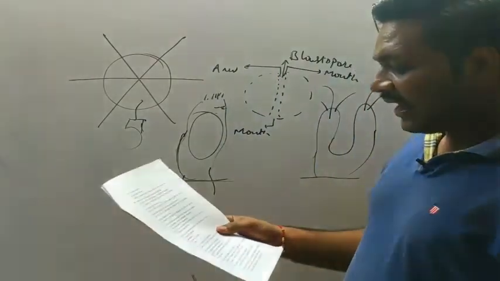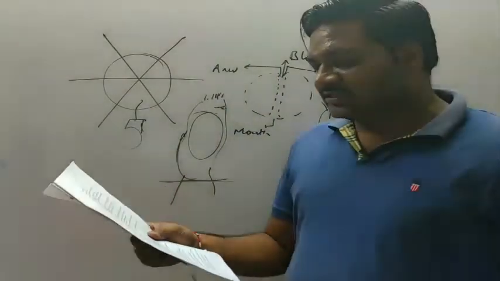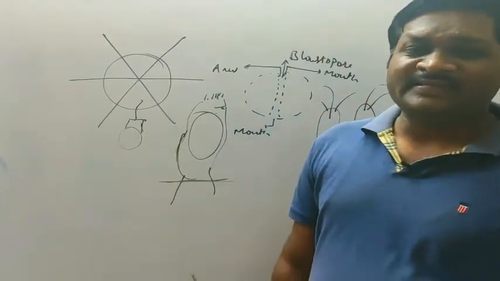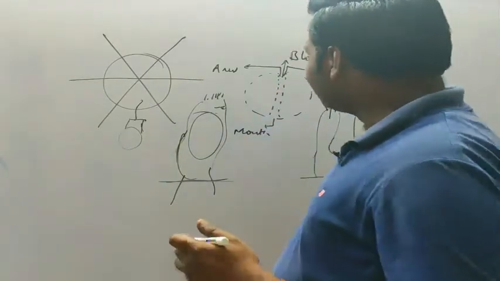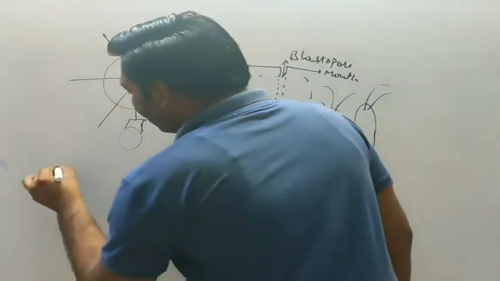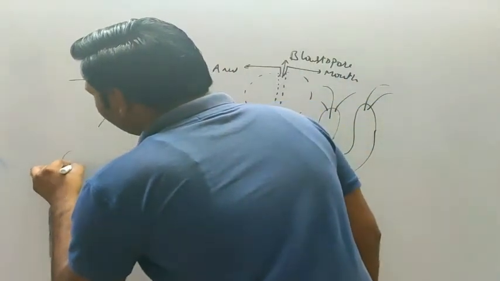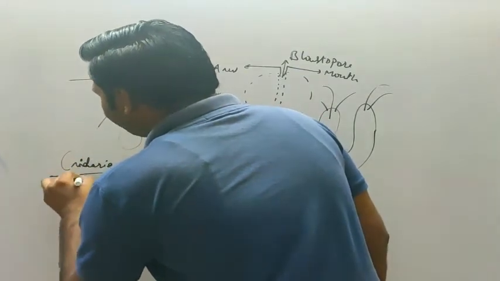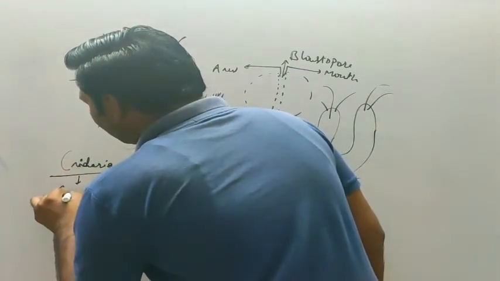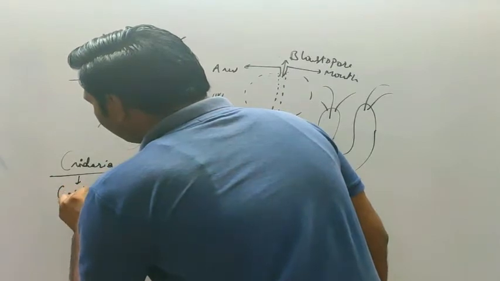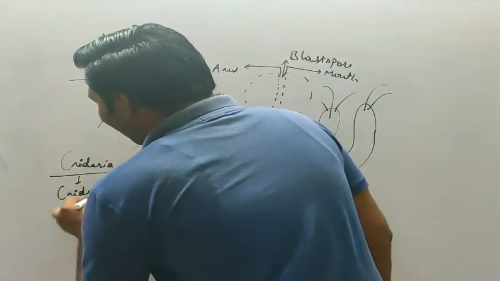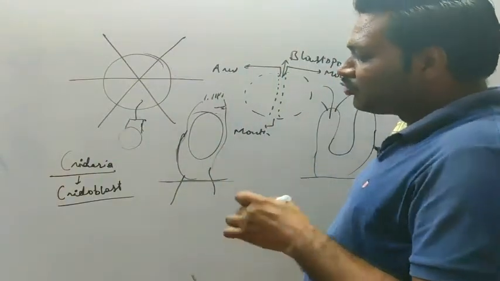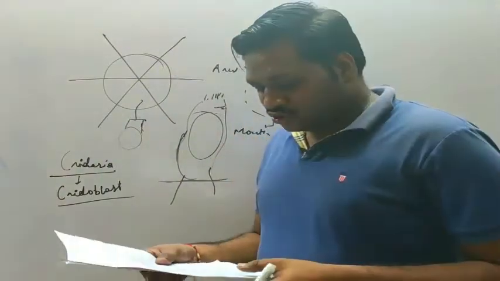The next, the characteristic cells of cnidarians are, so what is the characteristic feature of the cnidarian? Basic characteristic feature, as the name is given, cnidaria. They are also called as the cnidaria. So they have the cnidoblast cells, which are also stinging cells. So what has the name been given? Cnidaria. So see here,